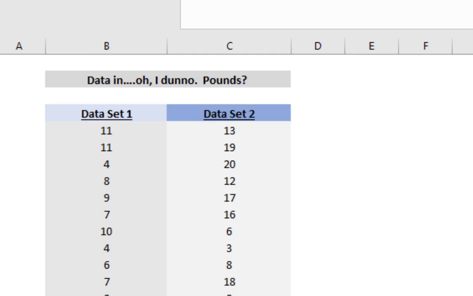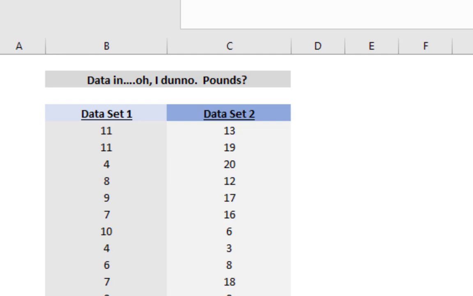Okay, my friends, what we're going to learn in this video is real quickly how to make a pair of box plots side by side. You can actually make as many side by side as you want, 3, 4, 5 of them. This is nice when you need to compare multiple data sets just quickly visually to see if there's big differences